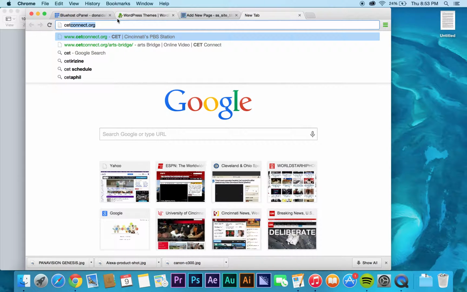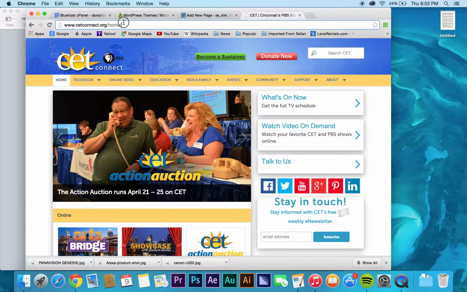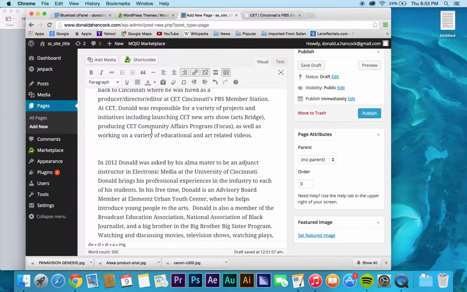So again, this is the link to cetconnect.org. Just copy it and then go in your post, highlight the word that you actually want to provide a